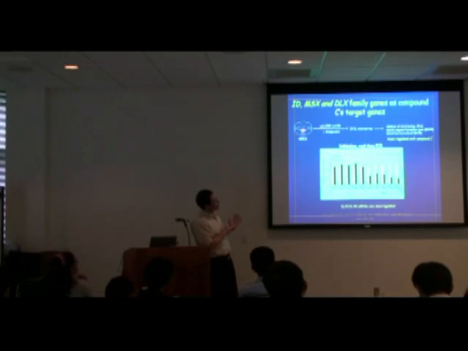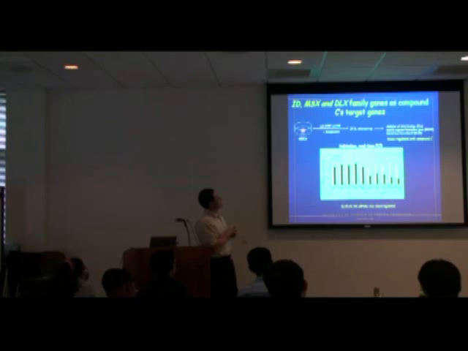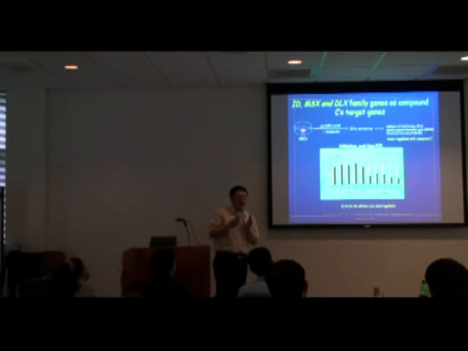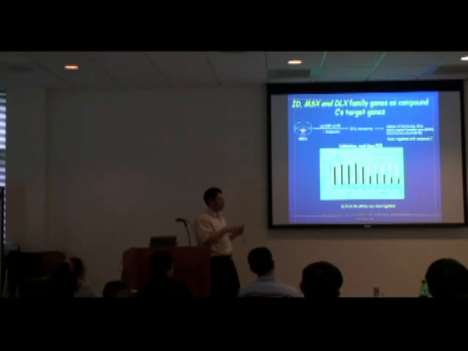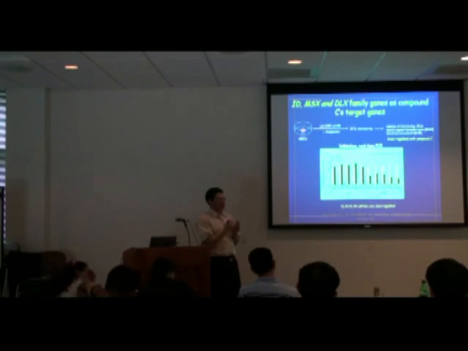So it turned out you can also use compound C to identify some major targets to understand basic biology. The idea of this slide is basically to understand what genes compound C can block. If you can identify genes that happen to be important in regulating the pluripotency of ES cells, that's useful. To do this, we again applied functional genomics, microarray analysis. To make a long story short, we identified a group of genes that are downregulated with the treatment of compound C, indicating that these genes are normally active, but if you put compound C there, the expression goes down. So they're the target genes of compound C.